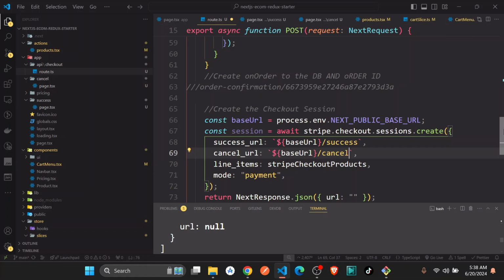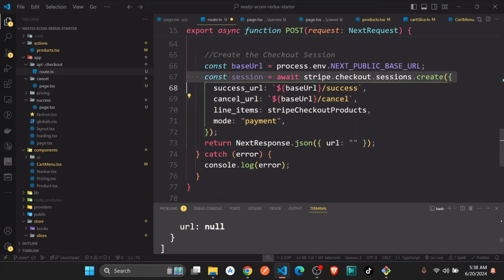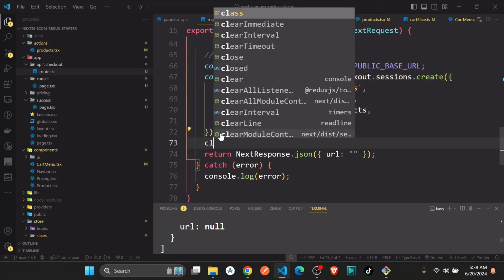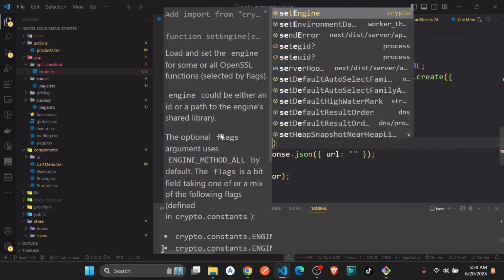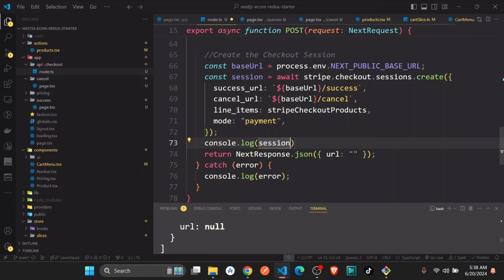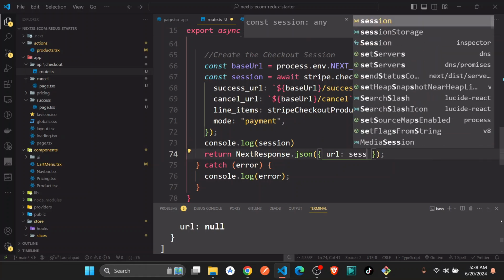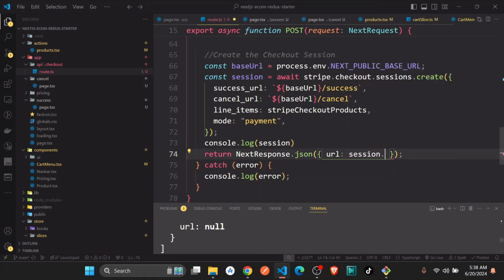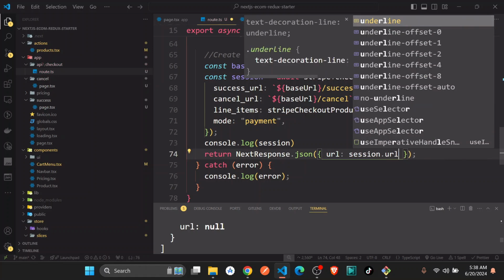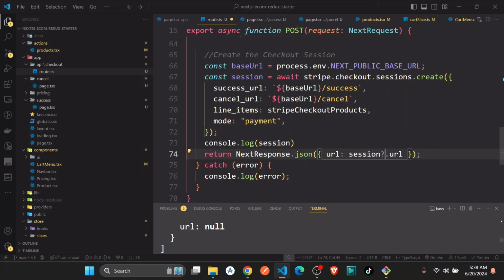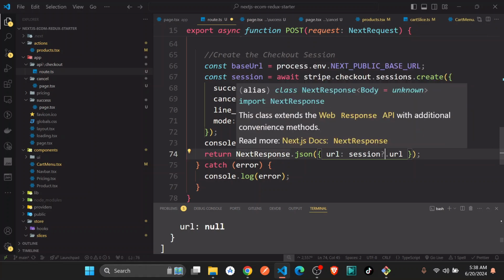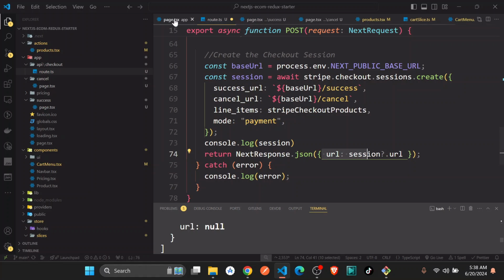Okay, so this will create a session. We can just go ahead and console.log the session. The session has a lot of things, and one thing we need from the session is the URL. So here we just want to return session.url, just like this. So we want to return this, and after returning that,